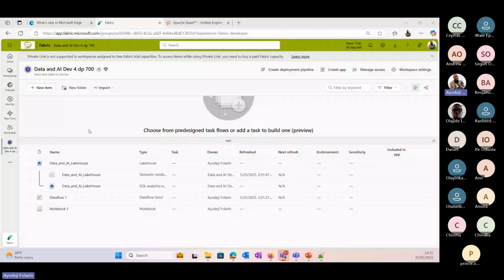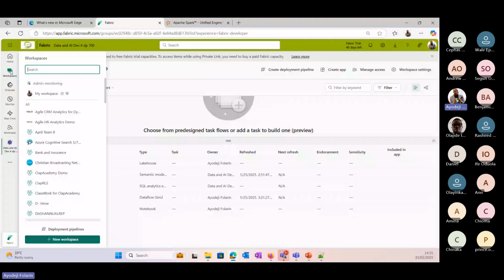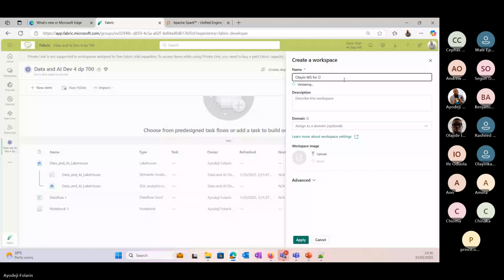All I need to do is come to Workspaces by the side. At the bottom, you will see New workspace. When you click on New workspace, a dialog box will pop up. On the dialog box, give your workspace a name. I can say Olayinka workspace for data engineering. Good. That is the name I want to call this workspace.